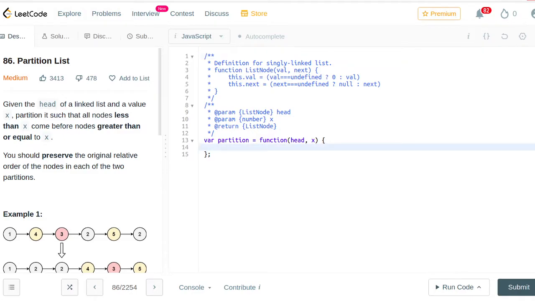So in order to do that, what we're gonna be doing is create some dummy nodes. So one node we can call dummy less. That's gonna be a new less node. Then we can have a dummy more. Okay, and then we're gonna have